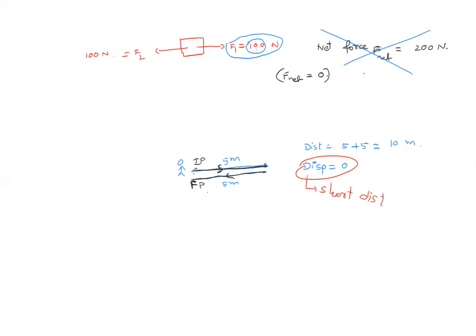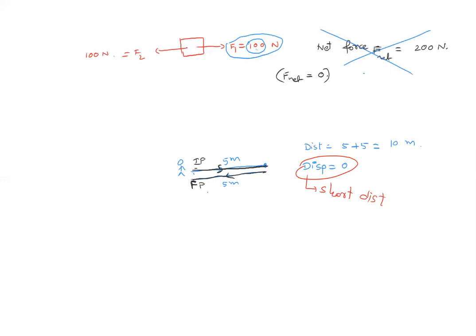Now in all these situations that you have here, there is a direction dependent factor. You go to one side and then you come back. Here direction is important. So you cannot just add them like numbers and say how much the displacement or shortest distance is. You cannot say 5 plus 5 equal to 10.